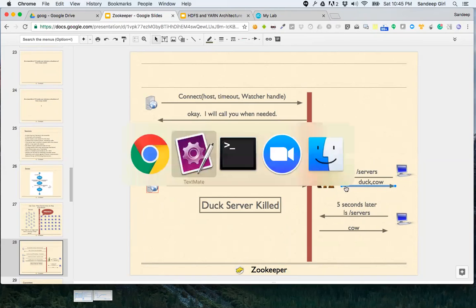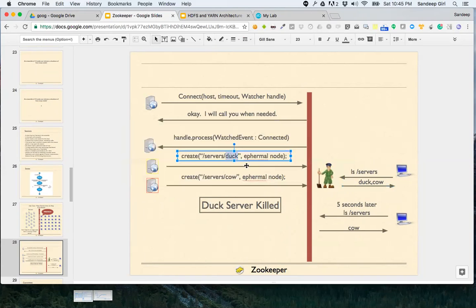Similarly, imagine that instead of a duck, let's say there was a name node. So the first name node came along. It created an ephemeral node, and before creating it, it checked whether there is any other name node available.